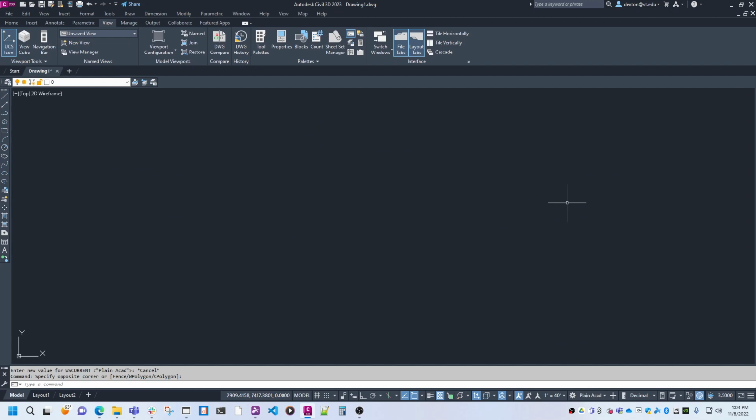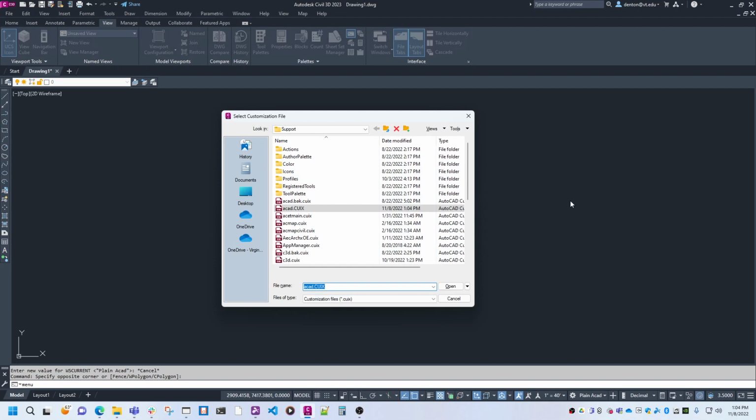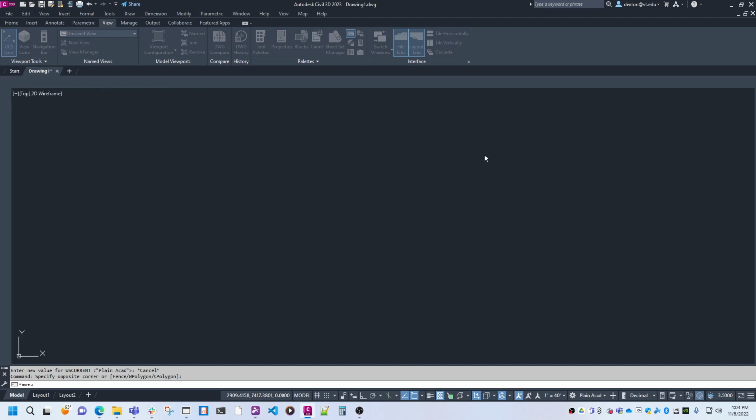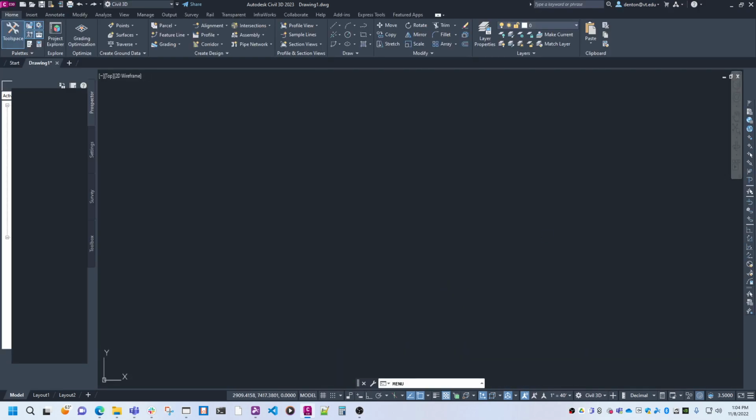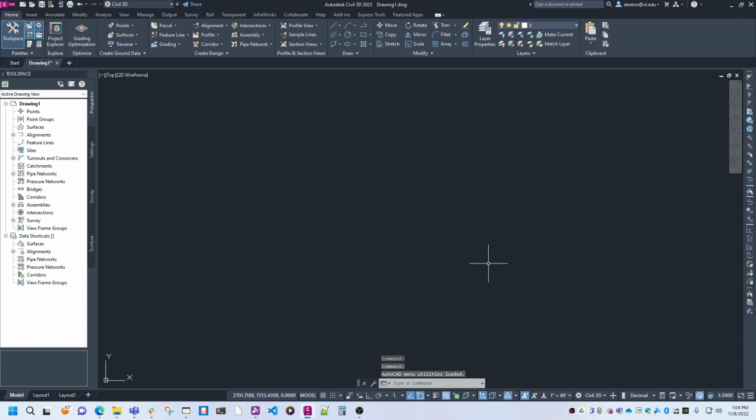To revert back to Civil 3D, use the menu command, and I can go to the C3D CUIX, and it'll switch to the Civil 3D set of menus. Now back to menu 1, or video 1, everything will now work. You can set up your own